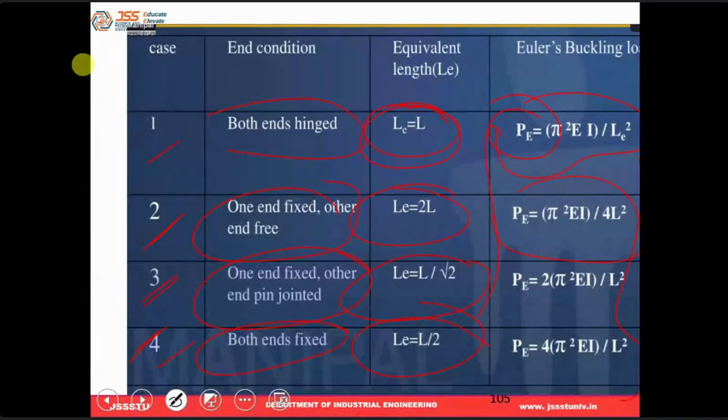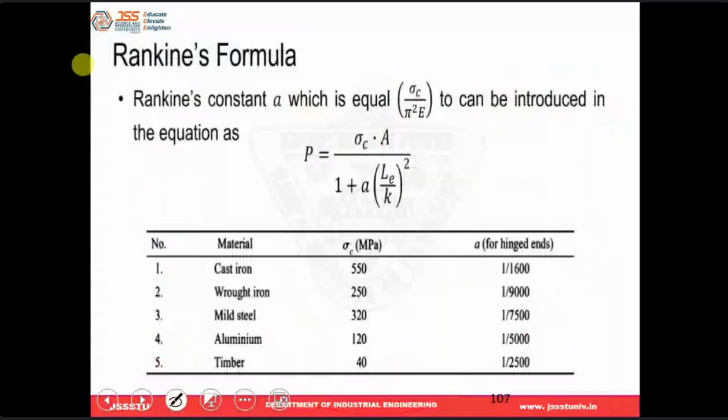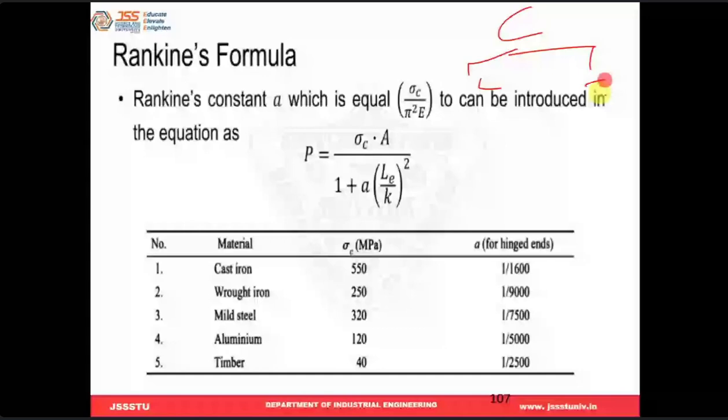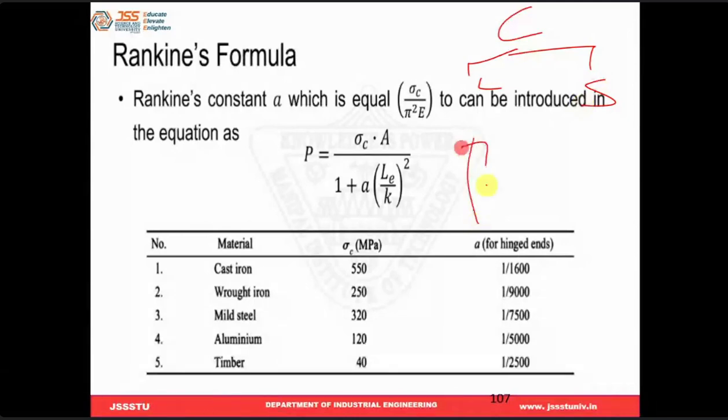Okay, so basically columns are classified into two types: one is the long column, another is the short column. Based on the length they classify the long column and short column. A long column usually has more length, a short column usually has less length. In the long column, it will usually fail by buckling like this, whereas in the short column